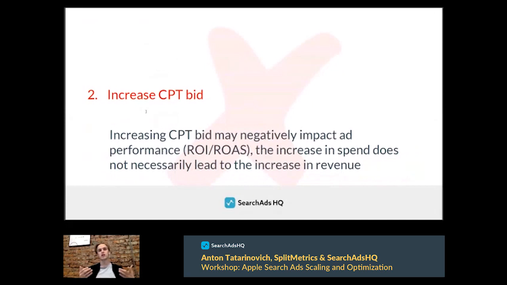Based on your in-app goal, which may be subscription, purchase, whatever that is for your app, your acceptable cost per acquisition at which your ROI stays positive is, let's say, $10, or no, let's take $2. What happens when you increase CPA bid is your CPA grows, and at the end, it may reach the border at which your ROI gets close to 0,